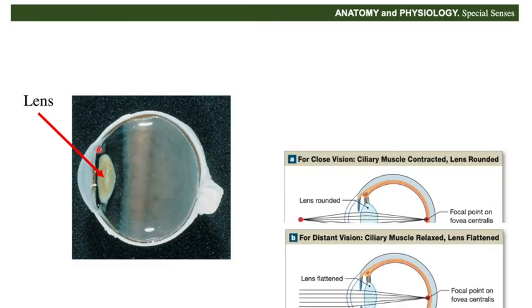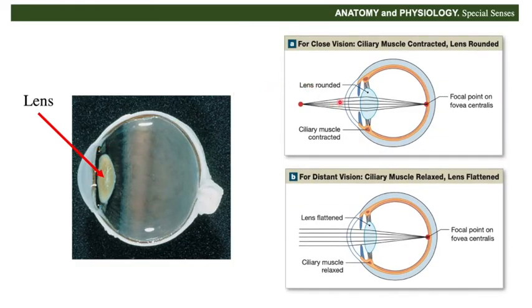Light entering the eye is focused on the retina by the lens. The lens is a transparent, biconvex flexible disc that lies posterior to the cornea. It is held in place by the ciliary zonule. Its primary function is to focus the visual image on the photoreceptors, and the lens does so by changing its curvature. For instance, when you look at something nearby, the ciliary muscle surrounding the lens contracts, allowing the lens to relax into a more convex shape. Whereas when you are viewing distant objects, the ciliary muscle is relaxed and the lens is flatter because it is